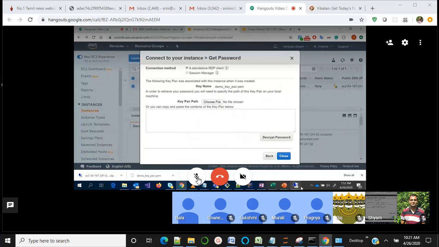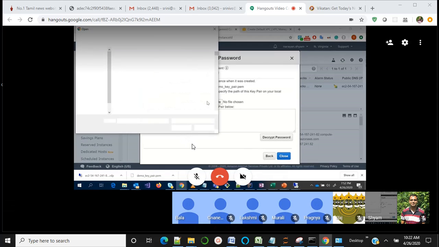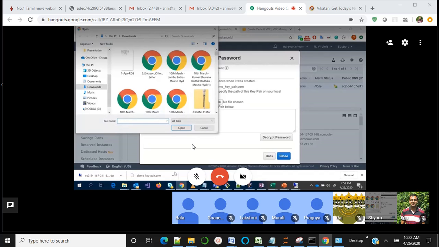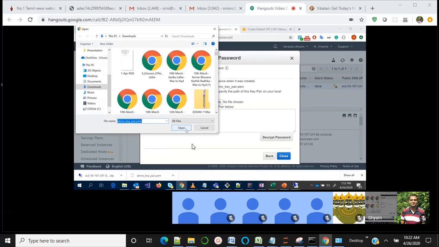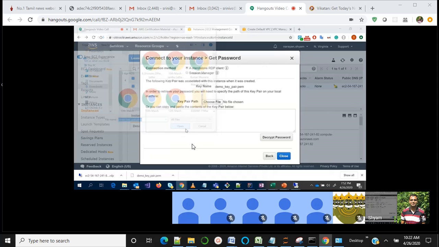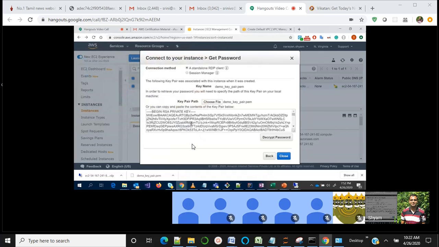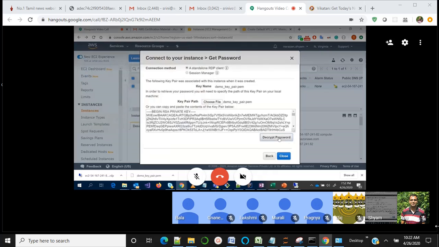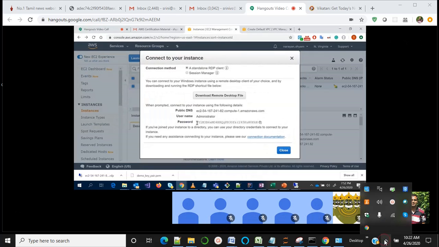So this password is important for me to connect. That's the reason I'm going to this screen. Here I need to select this key pair. I'm just selecting the PEM file which got downloaded. So it basically copied the content as it is from the decrypt password. If you look at it now, this is my password